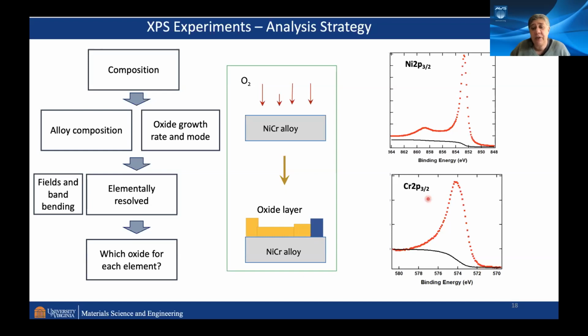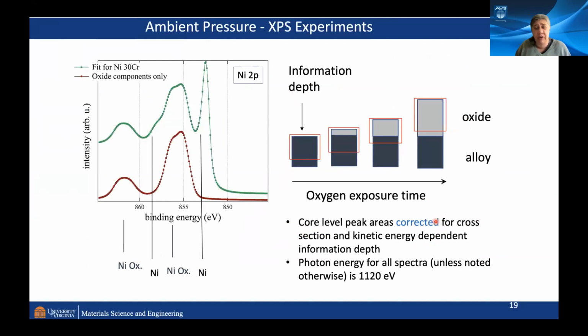You have a clean surface, the nickel 2p and the chromium 2p peaks are shown here, just so you have a starting point. Keep those in mind when we start to go crazy. The other thing you have to keep in mind, which differs from catalysis studies with ambient pressure XPS, is the information depth. You start to move out of your alloy. You move farther and farther away from your alloy-oxide interface. So also keep that in mind when we look at the growth.